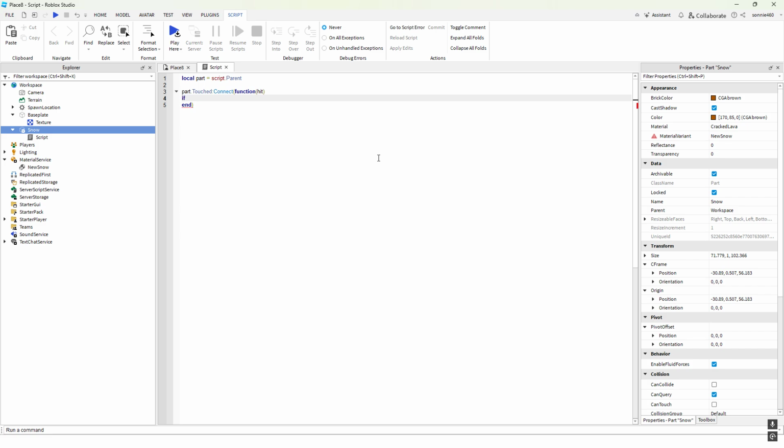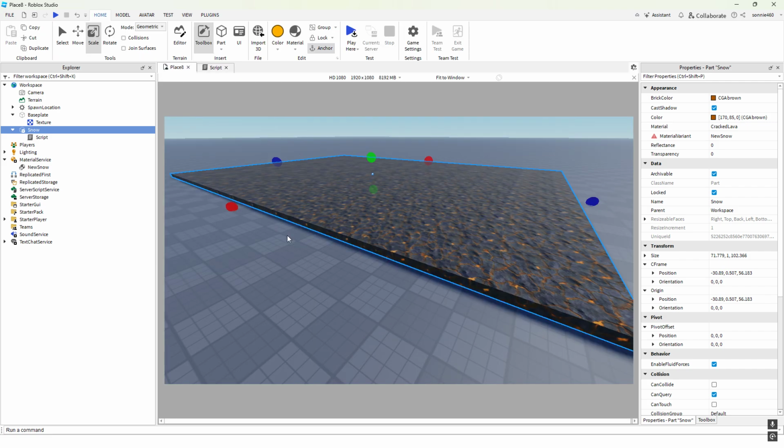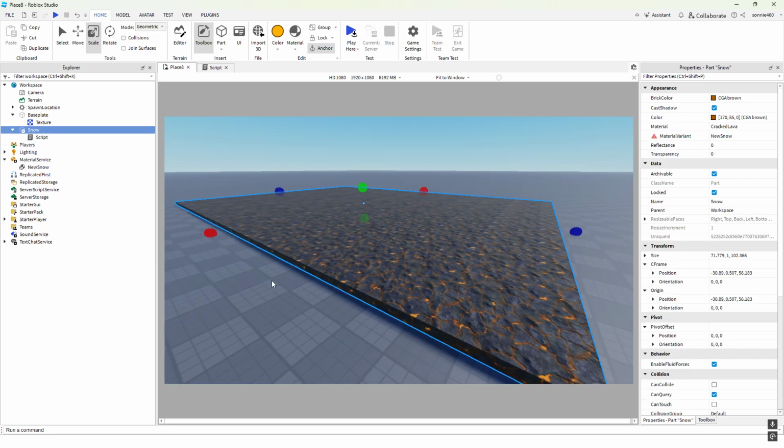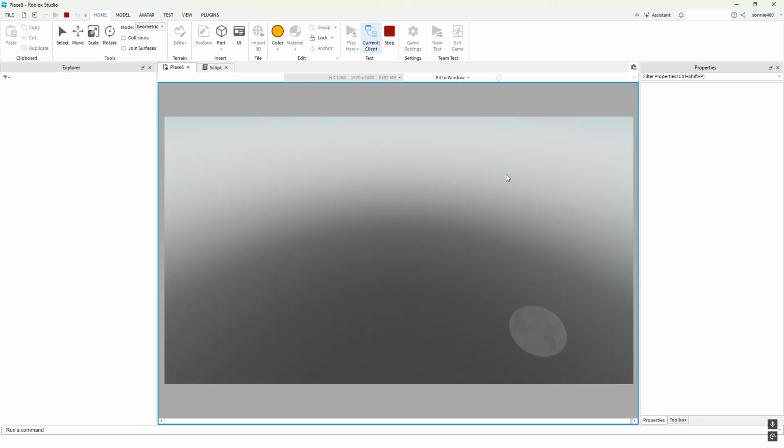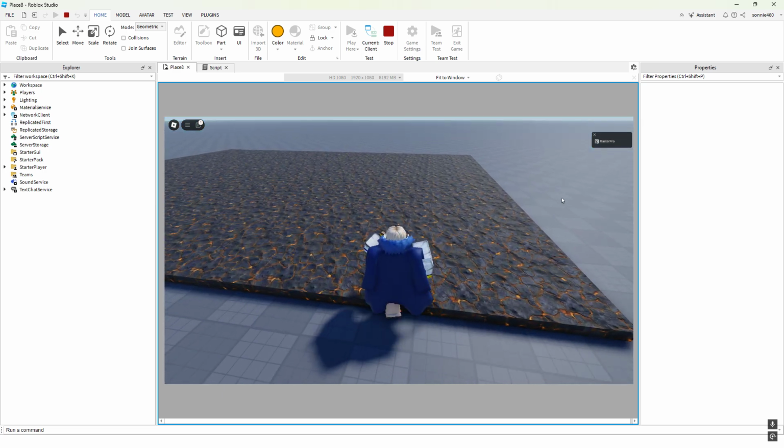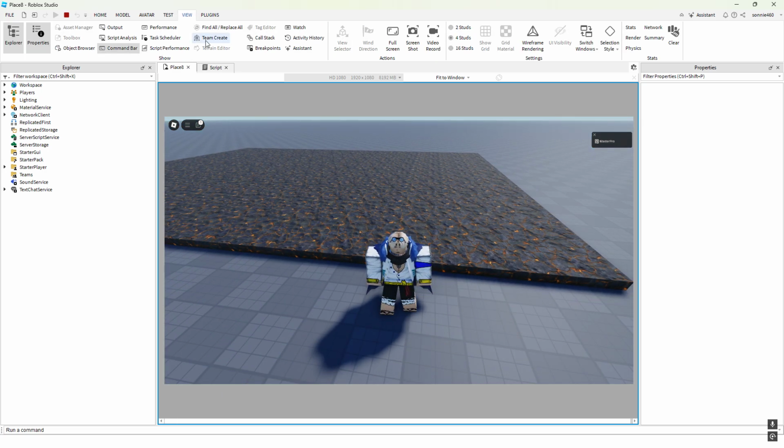And then if hit.Parent:FindFirstChild Humanoid, so this will check if it's a player. Then I'll do hit.Parent.Humanoid:TakeDamage, and then I'll put in 10 as the amount of damage here. So this should hopefully work. Now if I run it and make sure I have can touch checked, and I run it right here, and let me just go to output to make sure I didn't